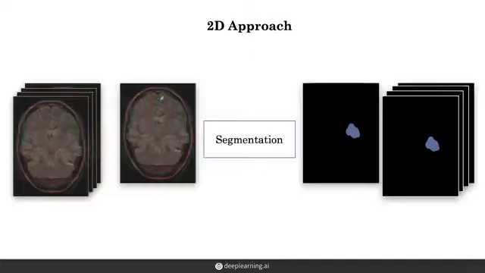The drawback with this 2D approach is that we might lose important 3D context when using this approach. For instance, if there is a tumor in one slice, there is likely to be a tumor in the slices right adjacent to it. Since we're passing in slices one at a time, the network is not able to learn this useful context. Let's see how we can tackle this with a 3D approach.